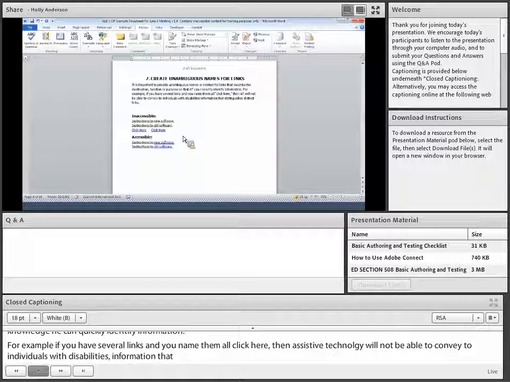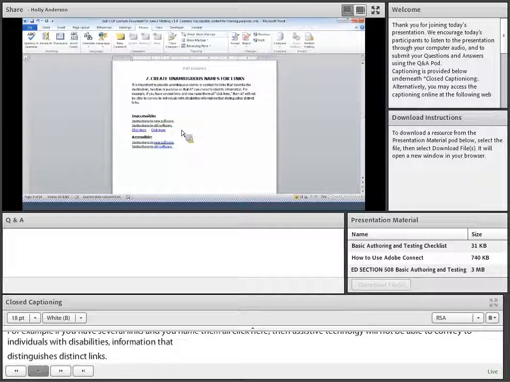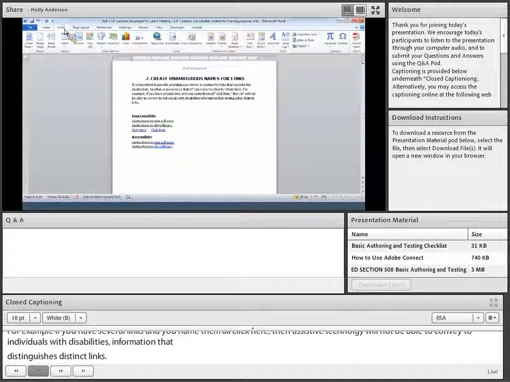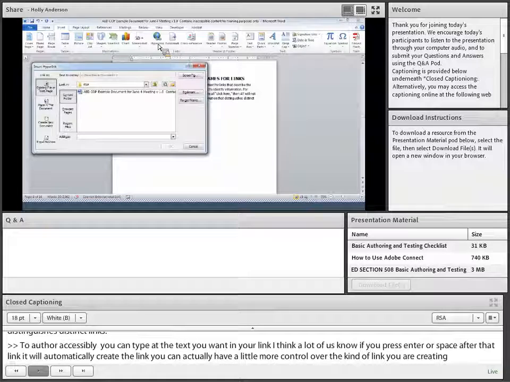So to author accessibly, you can type out the text you want in your link. I think a lot of us know now if you press enter or space after that link, it will automatically create the link. But you can actually have a little more control over the kind of link you're creating. So if you go to the Insert tab and actually go and insert a hyperlink, this will open up a box